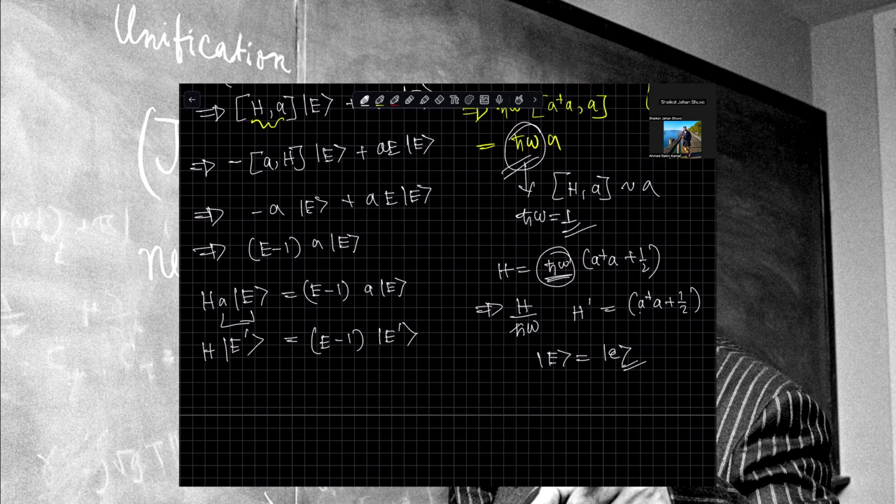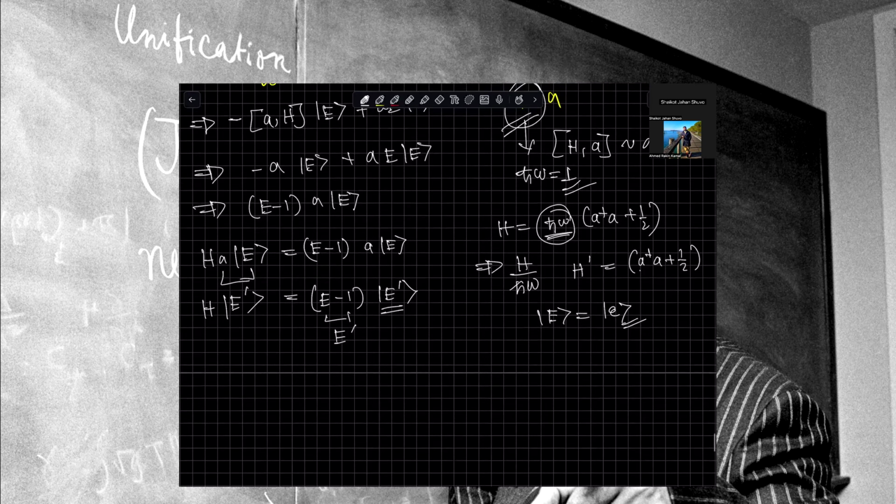So let's call this E minus 1 as E prime. That means this E minus 1 is the eigenvalue of this state, which I'm denoting by E prime. However, the definition of the Hamiltonian in the energy eigenbasis was that it should spit out the energy eigenvalue only for the corresponding state. So if I compare these two equations, this one comes from above. Let's call this 1, 2, 3. So if I compare 3 and 2,